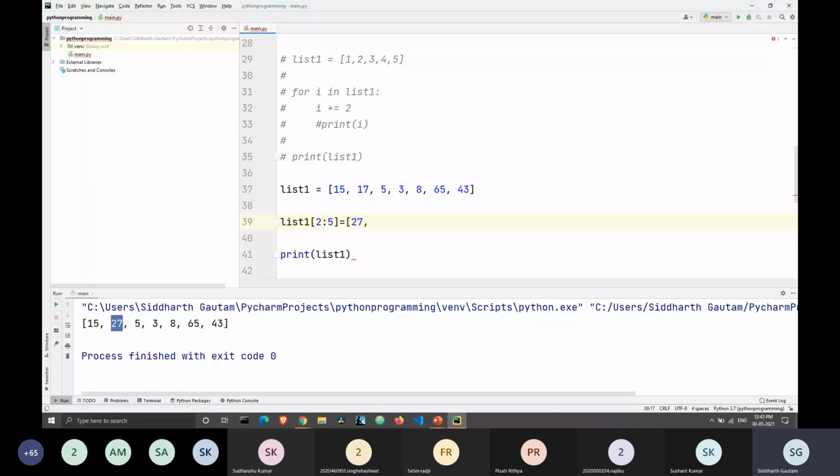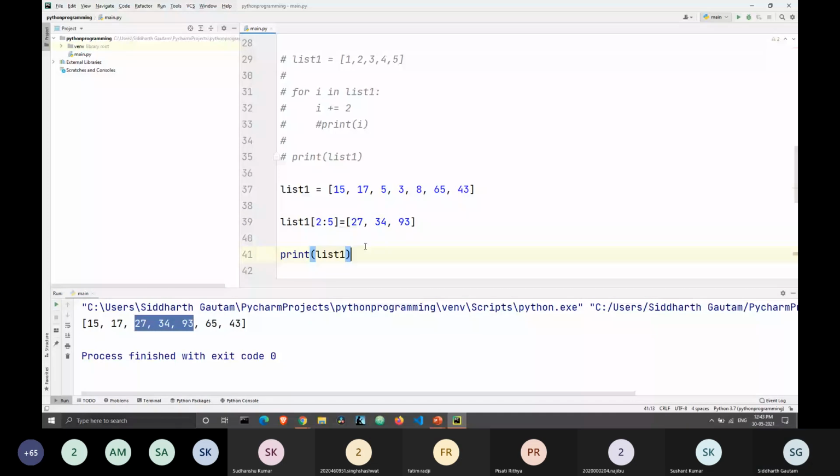Okay, so we have 27, and let's take 34 and 93. We have to write a comma here. All right. Do this, and when we print our list here, you can see the second, the third, and the fourth variable have been changed from 538 to 27, 34, and 93. And that's how you change multiple values in a list at once.